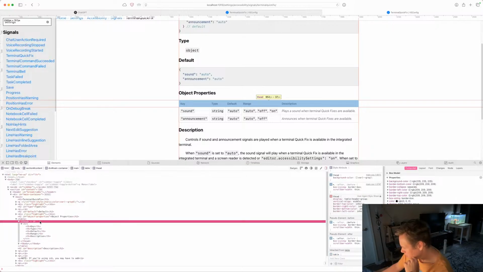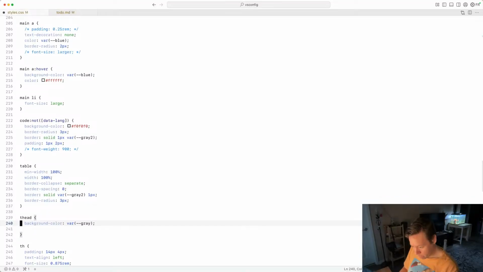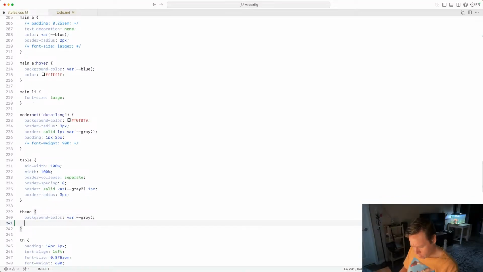Oh, actually, no. No, T head. Yeah, let's try T head. So, say border radius. Let's see here. It's always tricky when doing CSS because